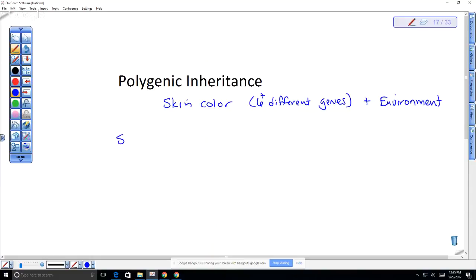So we're going to use a simplified example. Sometimes when you have simple examples in science, they call these models, right? So we're going to talk about 3 genes, and the genes are going to be A, B, and C. And I'm going to say that these 3 genes have only 2 alternative alleles, and they are completely dominant. So when we look at the A, B, C, the dominant alleles,